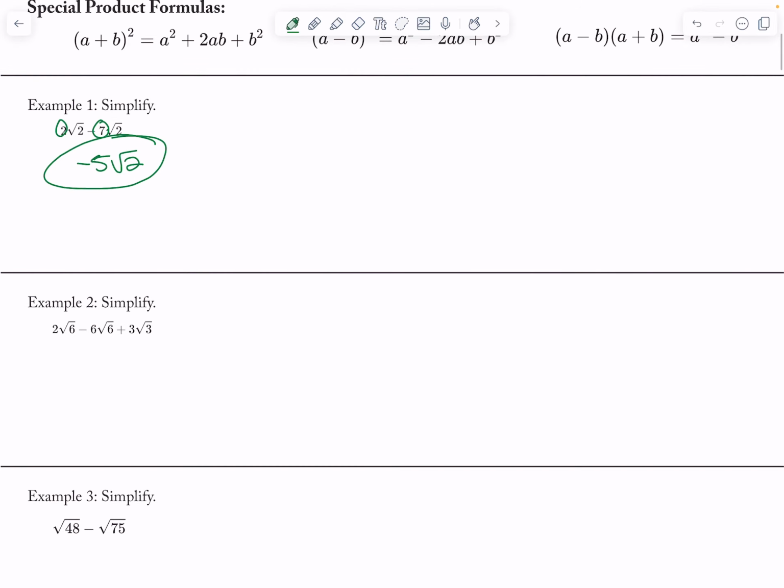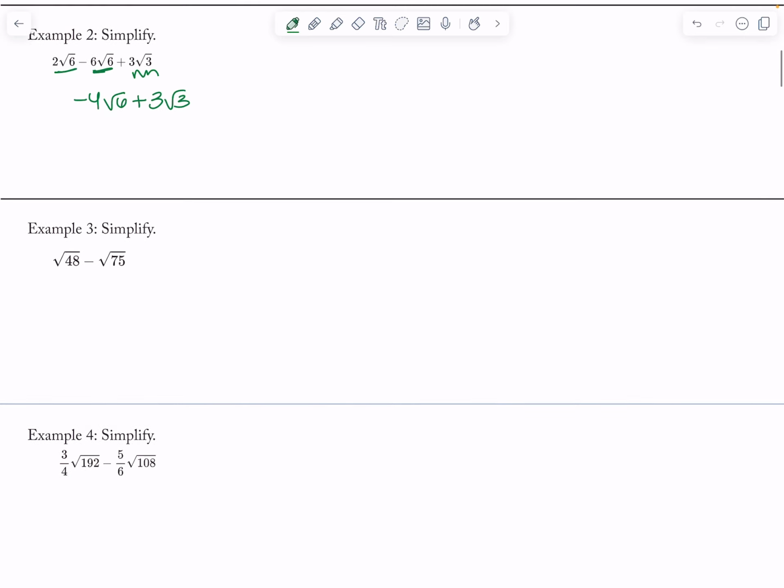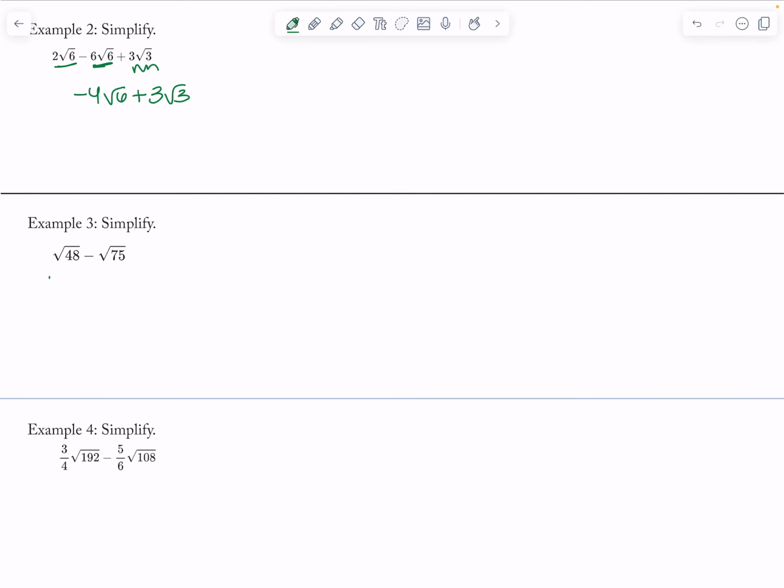We cannot combine x's and y's together. So when I have my root 6 and root 6, I cannot combine it with my root 3. So this would give me a negative 4 root 6 plus 3 root 3, and I couldn't do anything with the 3 root 3. Now with 48 and 75, they're not the same yet,